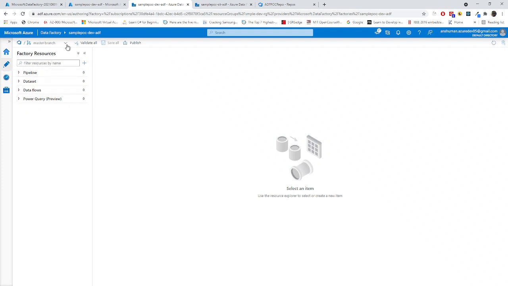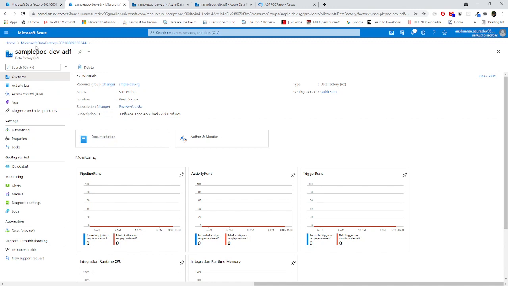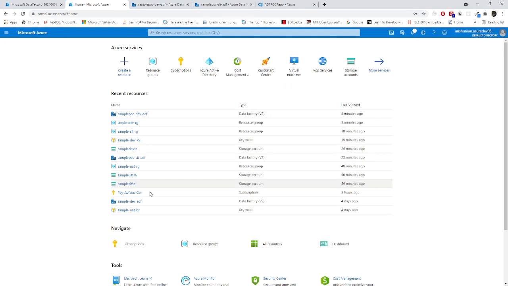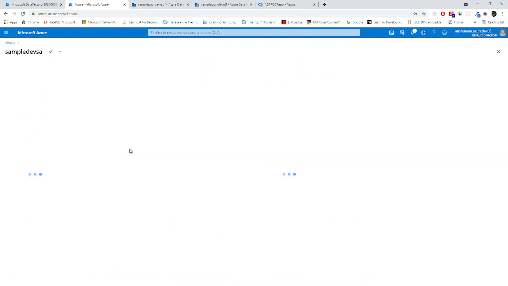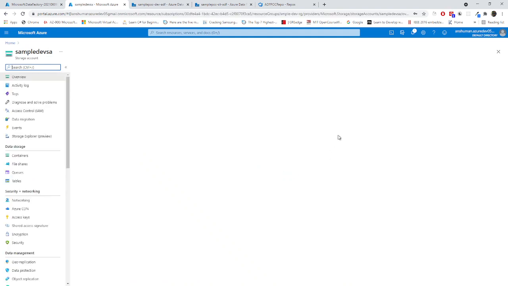So what I do is, my feature will be, I will create one ADF pipeline right now, and that will be a sample feature that will just copy something from the blob storage. If you see over here in my resource group, ADF dev sample dev essay, I hope it will get loaded soon.